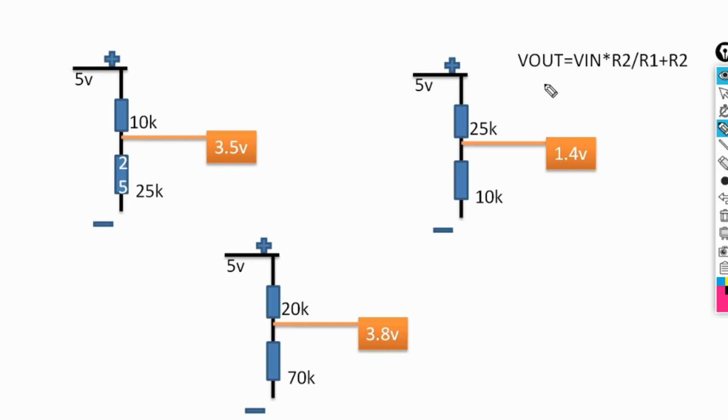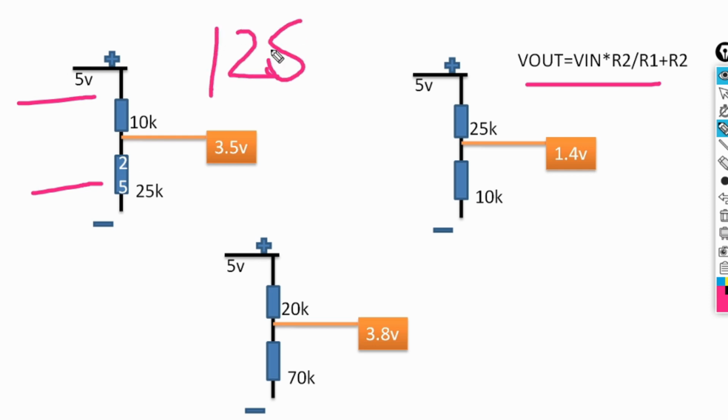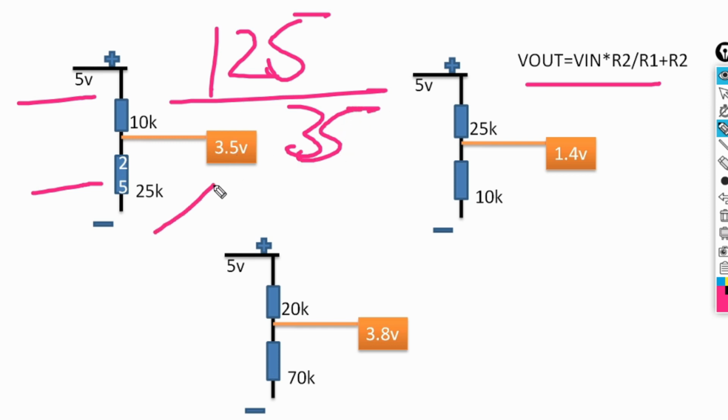Now I'm applying this formula one by one, right? The voltage formula is voltage in multiplied by R2 divided by R1 plus R2, right? Now voltage in is 5 volt multiplied by R2, 25. 5 multiplied by 25 is 125. If you have a calculator, please calculate yourself. Now R1 plus R2, 10k plus 25 is 35,